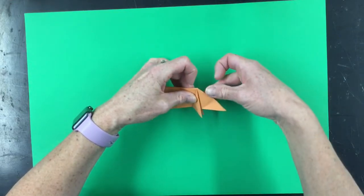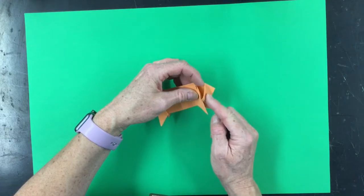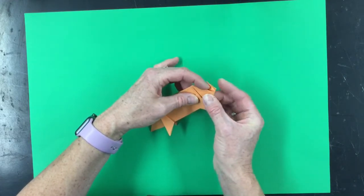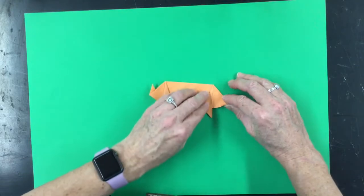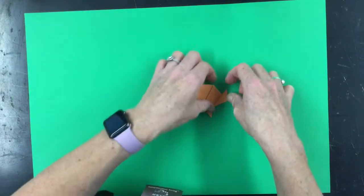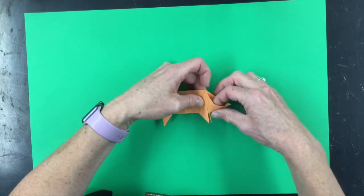And then you open this up and you turn this crease inside out. Just press up right there and crease it. So that's the tail. Then we're going to do the same thing with the other side. We're folding this up and creasing it, unfolding it, and then turn this inside out